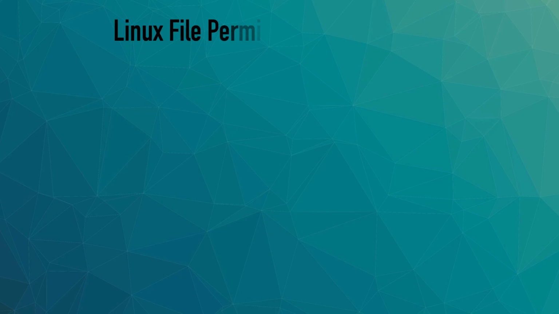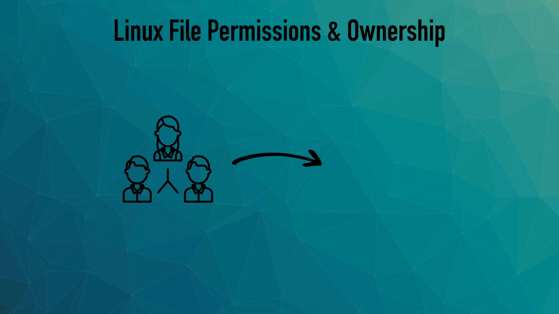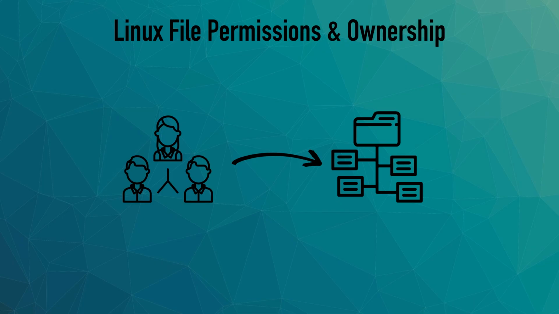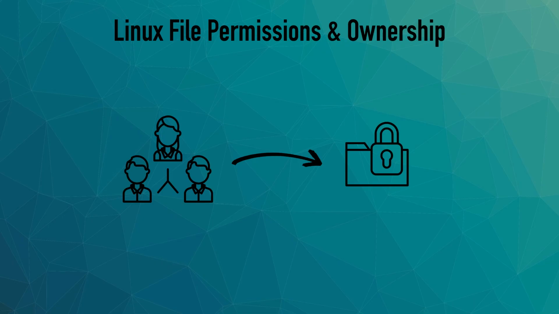In Linux and other Unix-like systems, file ownership and permissions control the level of access users and processes have to files and directories on the system. In a multi-user operating system such as Linux, controlling access to files is essential for maintaining security, privacy, and stability within the system. This video provides an overview of Linux file permissions, what level of access they provide, and how